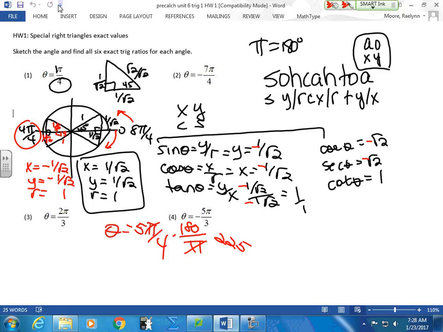Same triangle that we just flipped around. We just did a little rotation or a reflection through the origin, if you will, whatever you want to call it. If I look for this one,